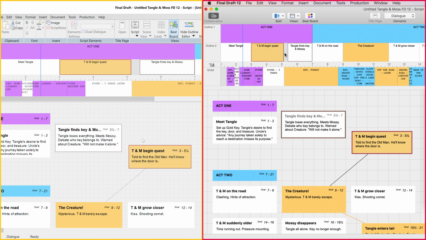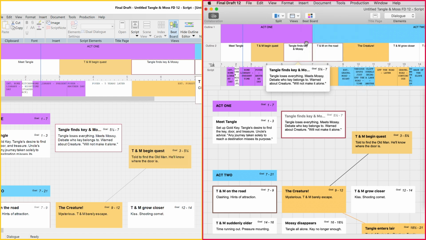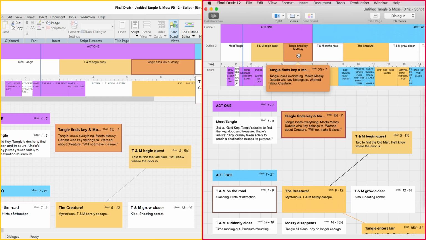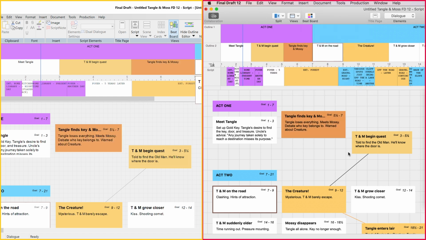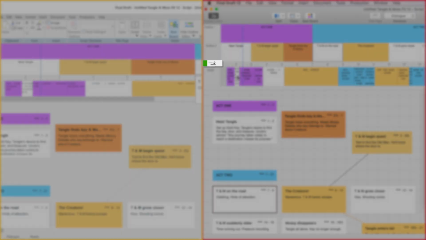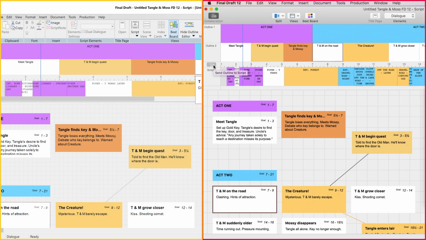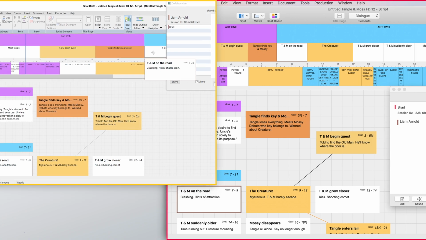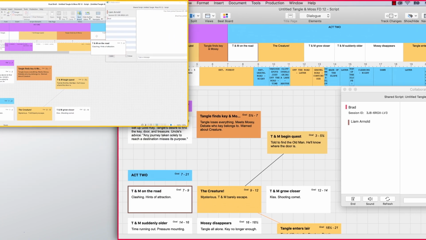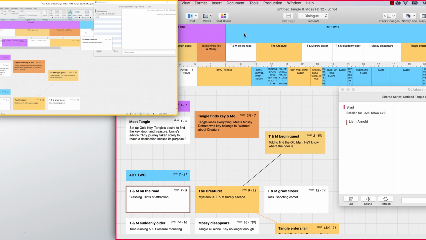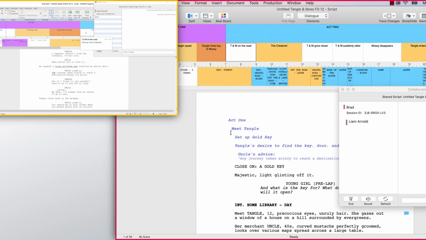Like moving a goal, resizing a goal, applying a color to a goal, editing a goal's preview will update in real time. You can also send your outline goals to the script during a collaboration session by pressing the Send Outline to Script button on the Outline Editor's left panel. And since the Outline Editor works during collaboration in a script or beatboard view, you can see it update your script in real time, or switch back from the beatboard to find your outline goals in the script as outline elements. When in a script view, you can also double-click on any scene in the Outline Editor script lane to go to that scene.